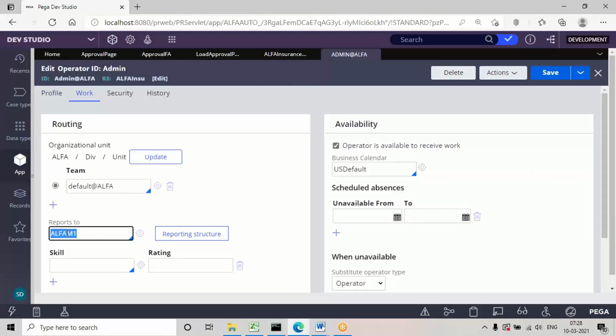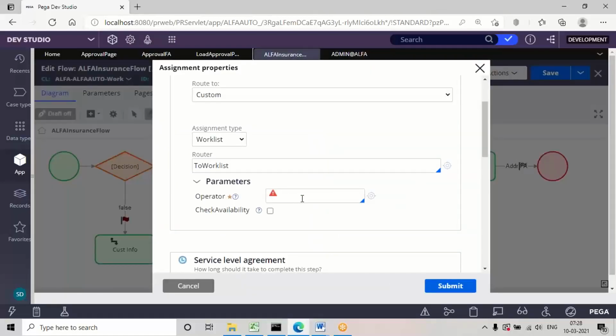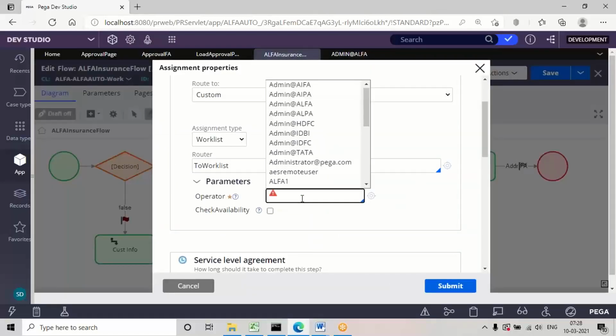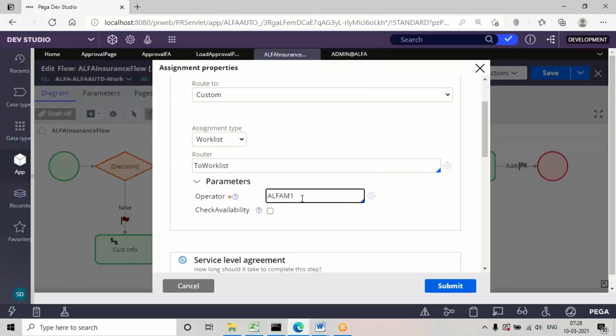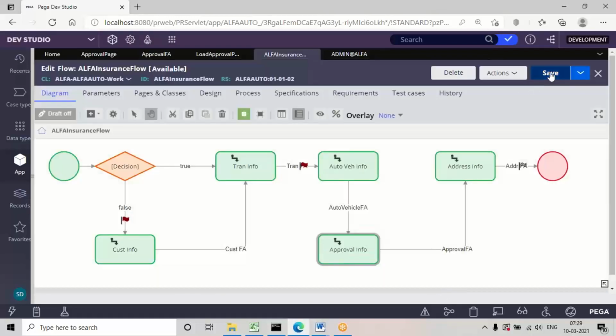In my application, the report to ID is alpha m1, and I need to provide this as the routing operator ID here. In my system, it is alpha m1. So whatever you have created in your application, provide that accordingly. Check it in your report too. What is the ID given there? You have to give the same here. So submit and save the transaction.